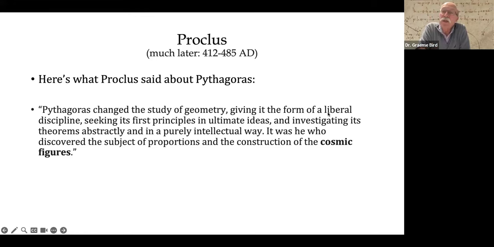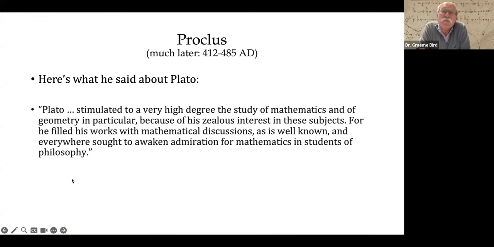intellectual. And where it says here liberal discipline, you've probably heard of the phrase liberal arts or humanities. So maybe Pythagoras is what really got the idea of the humanities started. So that's dear to my heart, and I'm sure to many of yours. Also, he ends with the cosmic figures, which many people think sounds like the Platonic solids, even though they weren't called Platonic. Cosmic meaning relating to the universe. So, okay. Then Proclus said about Plato,